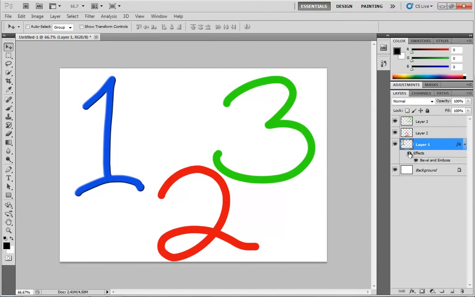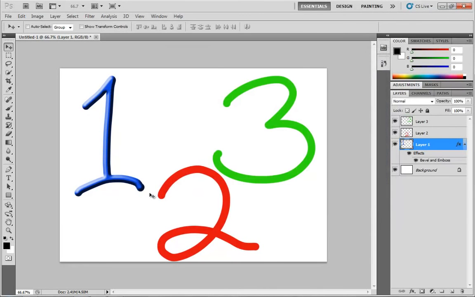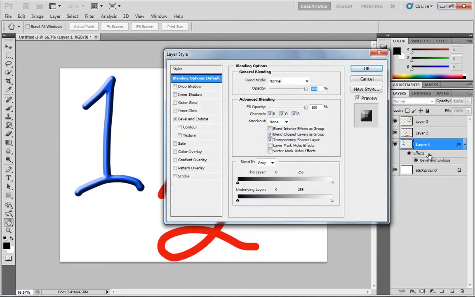And we can take that effect, and it has its own little visibility button in terms of this little eye, and we can turn that on and off. It's pretty subtle. Let me go ahead and make that a little more apparent. I don't want to turn this into a layer style discussion, but I will double click on the bevel and emboss effect, and we'll take the depth and crank that up quite a bit, and we'll increase the size as well. And click OK. Now it's really obvious what's going on right there, and I can turn that effect on and off. If I was to add any other effects,